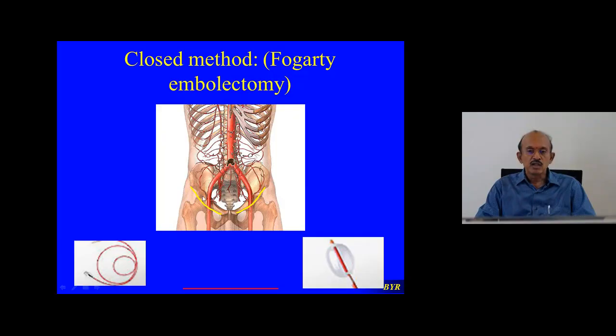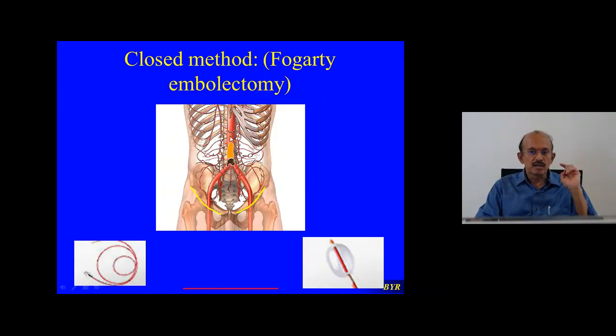Actually, in a person with this type of blockage, where both limbs have become ischemic, there will be severe shock also, because the blood in this vascular system is not coming into the circulation. It is being suddenly stopped. So there will be a decrease in the cardiac output. The patient will be having hypovolemia and shock. Such a patient is not suitable for surgical intervention. So in those cases, what you do is